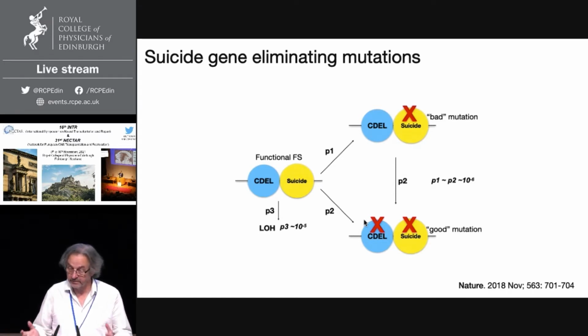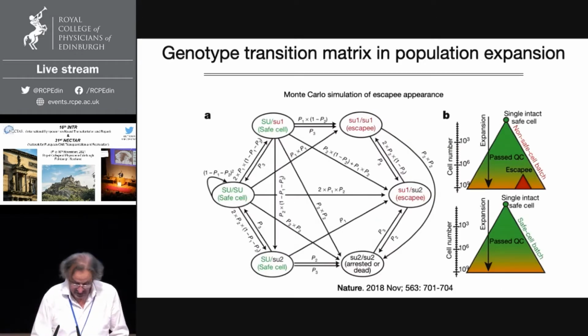From a single fail-safe cell, homozygous for this modification, you start with one cell and then create a pool, or a batch, of cells needed for therapy. This is what we call the genotype transition matrix when you grow cells with this kill switch embedded into the cell division essential gene. It is quite complicated, so we had to do lots of computing and Monte Carlo modeling